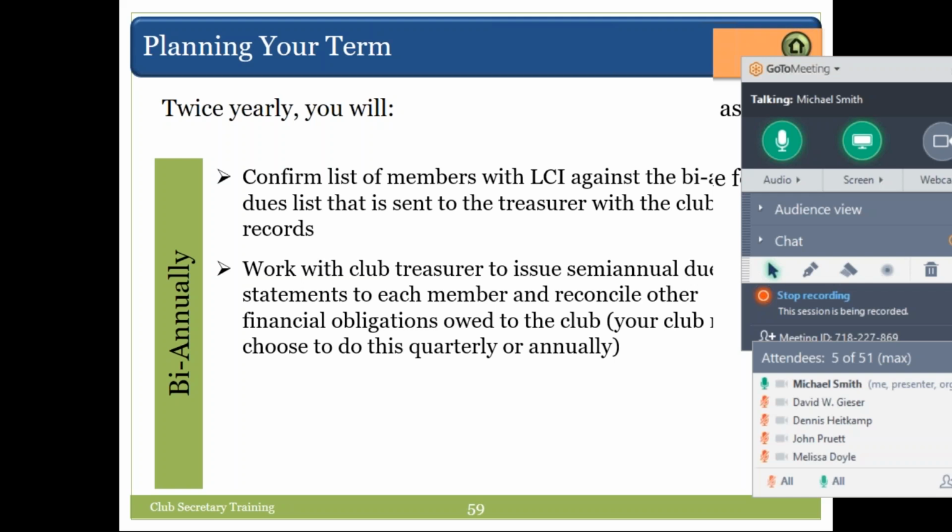The treasurer will receive from LCI a list of the members that LCI has on record that you as the club are paying for. You as the secretary verify that you have all of those members and they're still active or in one form or type of membership.